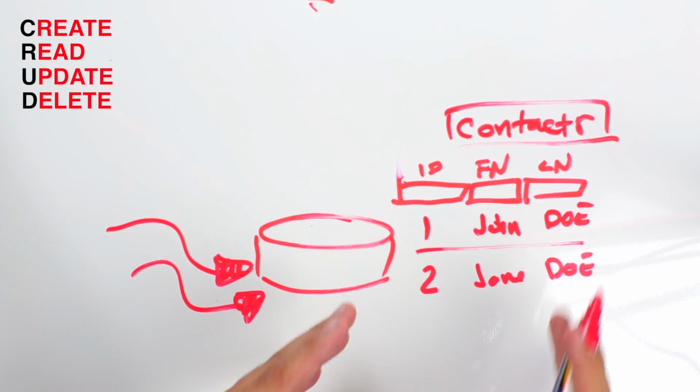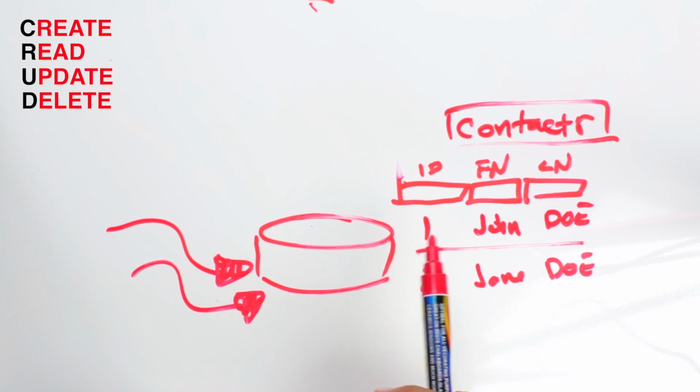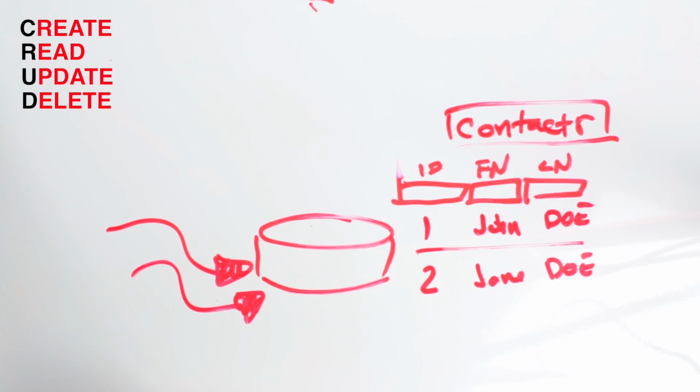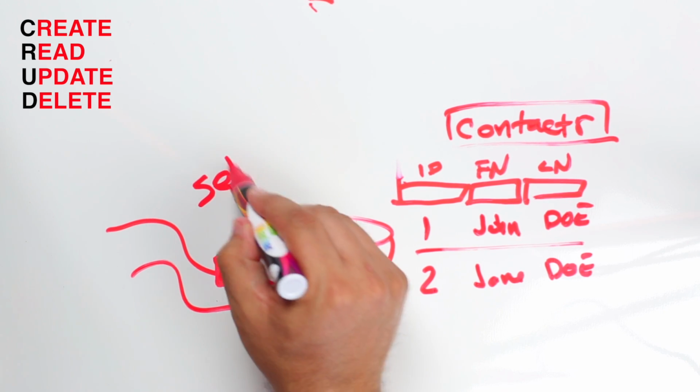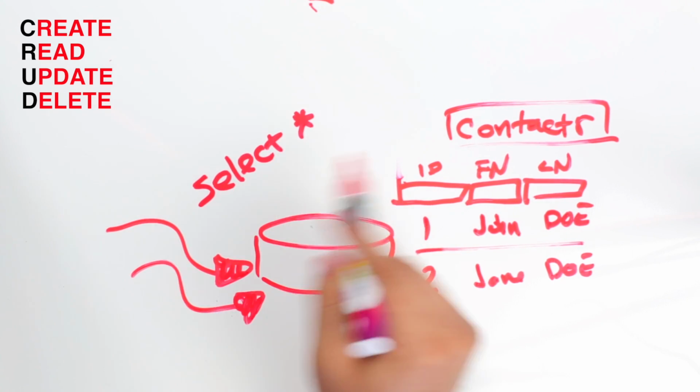What's cool about this is you could have millions and millions of records that fit within these fields. And what's so great is that when you want to read the information, you could read it by using something called SQL, structured query language, which is used to read records in the database. There are many ways to write a query, but for today's example, we're going to use a simple one, written like this: select, and then an asterisk, which means all. Select all